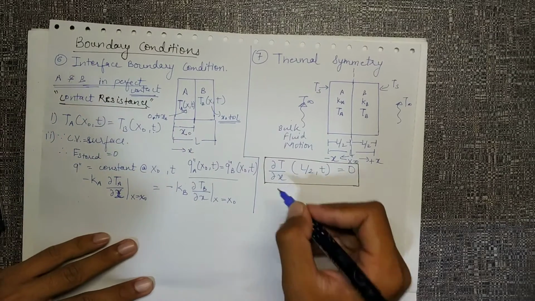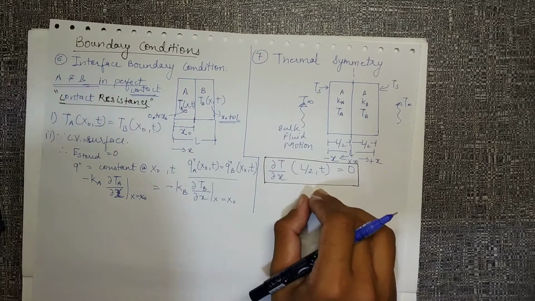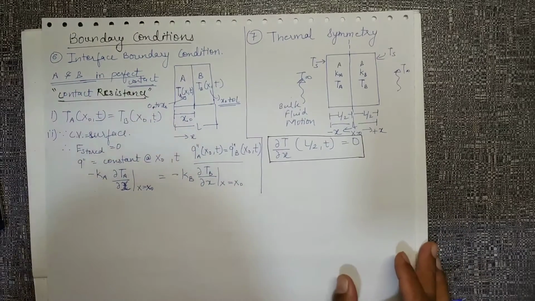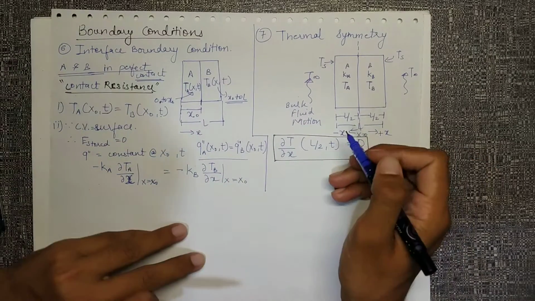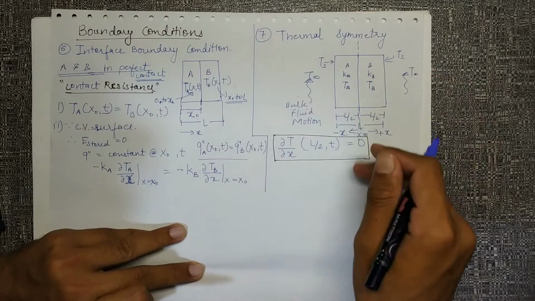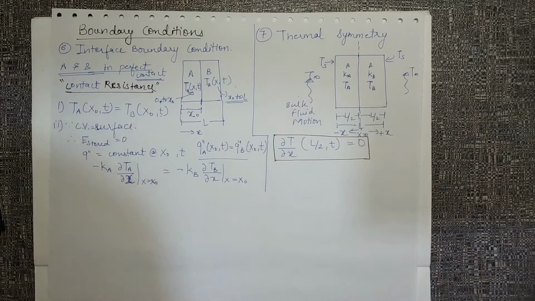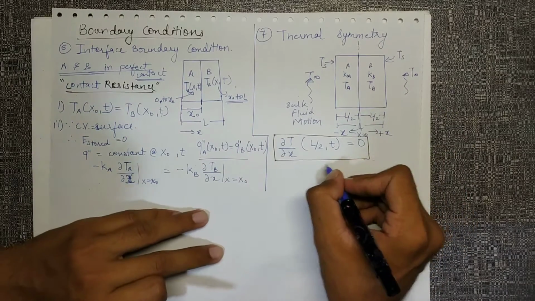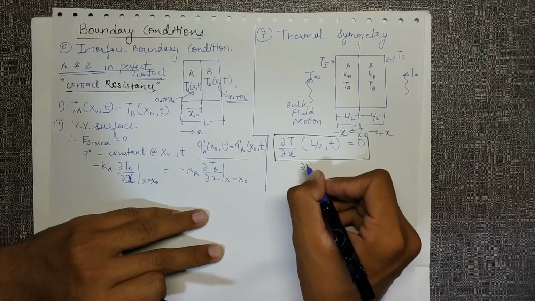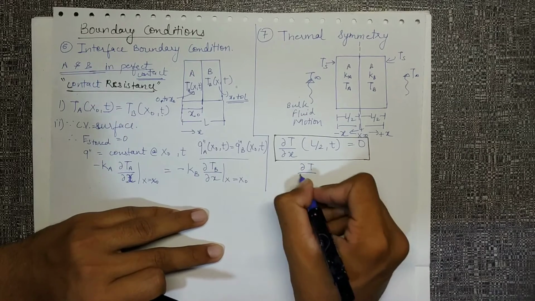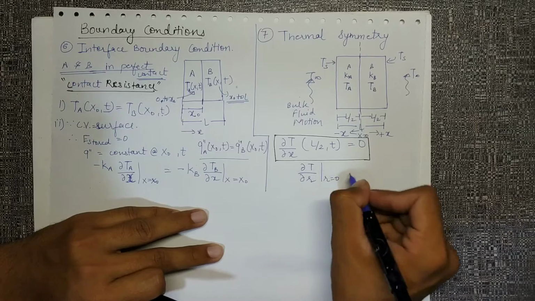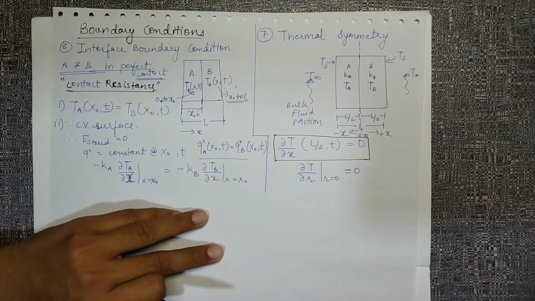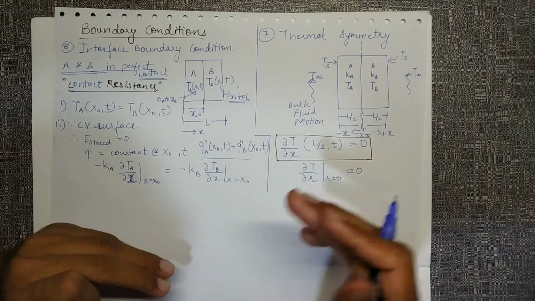In the same way, the same thing appeared when I said it is a thermally insulated boundary. So thermally insulated boundary and thermal symmetry have a mathematically same representation. That was my inference, or that's what we need to remember. And if this is a cylinder, I can say for cylindrical coordinates, my del T by del r at location r equal to 0 will be equal to 0. That means at the axis there is no temperature movement, there is no movement of heat.